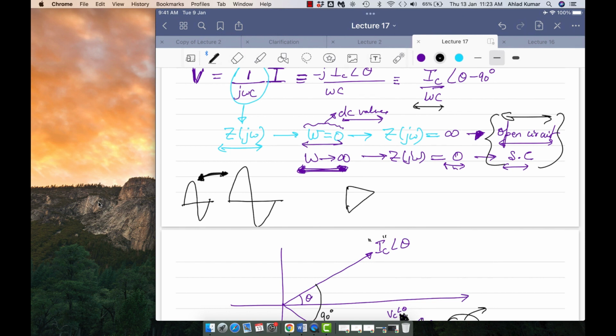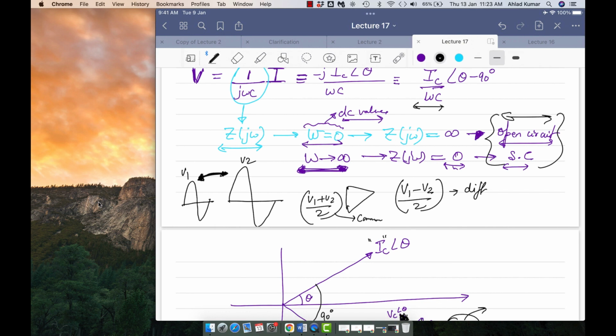Like if this signal and this signal has a common signal, if you have V1 and this is V2, then (V1 plus V2) by 2 is the common signal in between the two, because you are averaging it out. But the difference signal is (V1 minus V2) by 2. So the value that you get here is the difference signal, and the value that you get from here is the common mode signal.